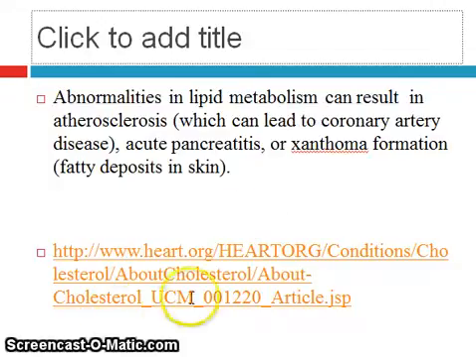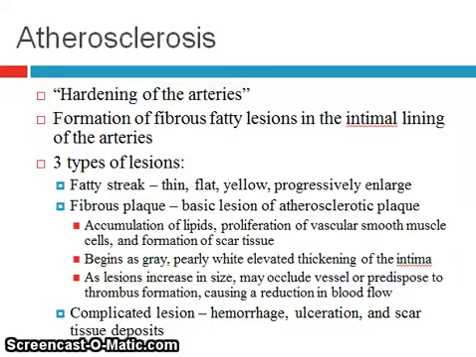If you want to read more about cholesterol recommendations from the American Heart Association, you can click on that link in the PowerPoint. So atherosclerosis literally means hardening of the arteries. It's when there's that plaque forming fibrous fatty lesions on the inside, or intimal lining, of the arteries. There are 3 different types of lesions. There's a fatty streak, where it's just a thin, flat lesion inside the artery,